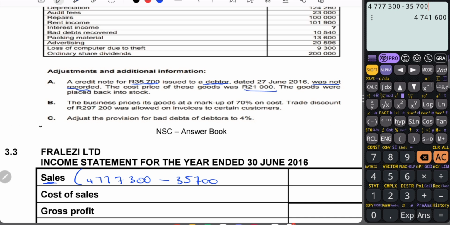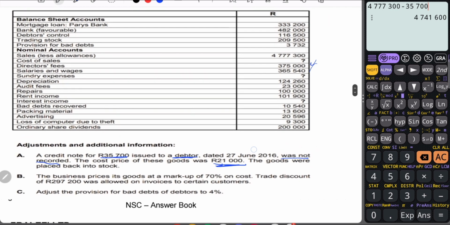Then we need to go back and increase our trading stock by 21,000. Remember, stock is always recorded at its cost price. So now we need to adjust our stock because they are returning stock, which means our trading stock will